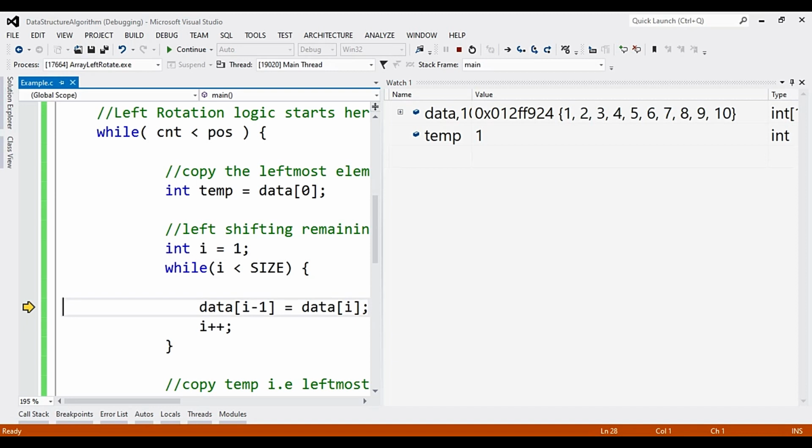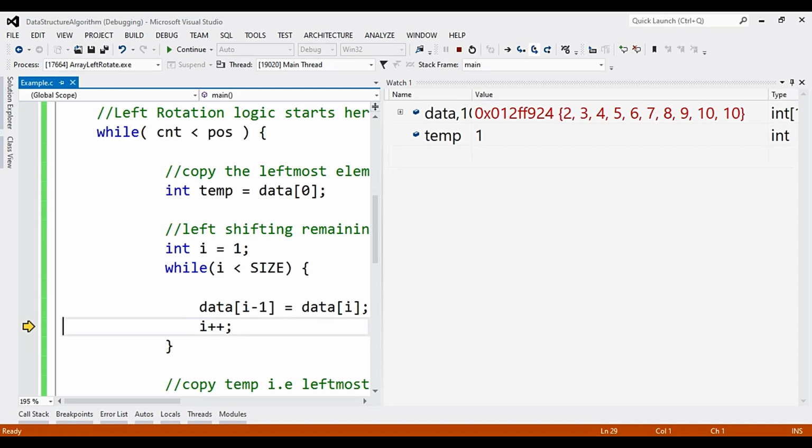So you can see here that 2 will be shifted, then 3 will be shifted, 4 is shifted, 5 is shifted, 6, 7, 8, 9 and 10.